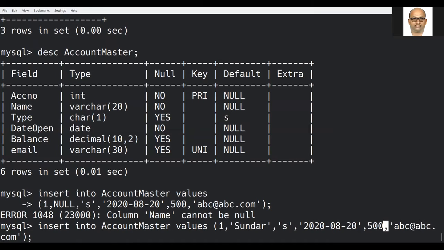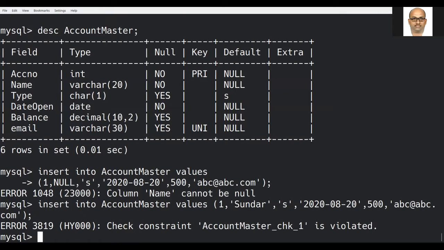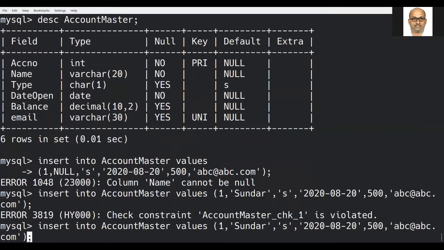Now let us check for this 500 whether it is showing an error or not. Account master check constraint violated. Where is the check constraint? The check constraint is at balance. Now we have tested this particular check constraint also. That is how to rectify that particular error.